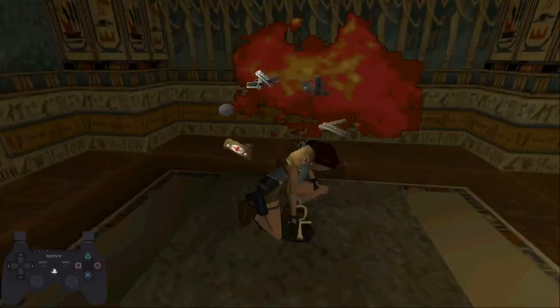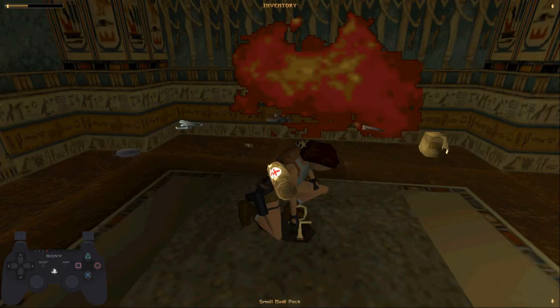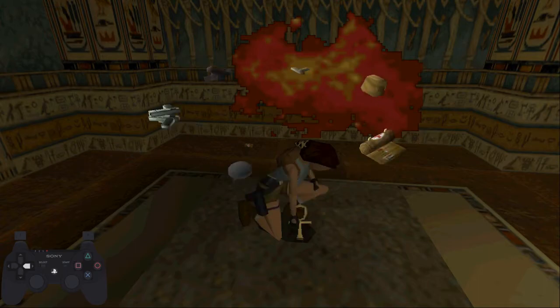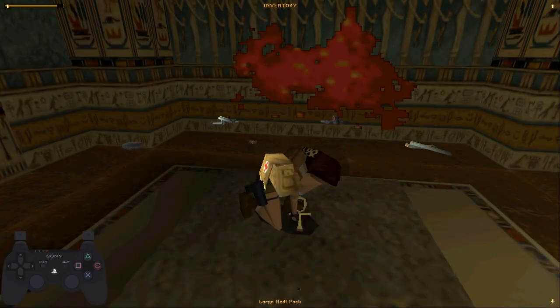But no matter what, you might not take any damage in this room, or you might take a bunch. It's really just kind of RNG and your skill. So remember what I said earlier about the meds? If I'm low like this, just use the small first. And if you need to, you might need to use a large as well when leaving or picking up the